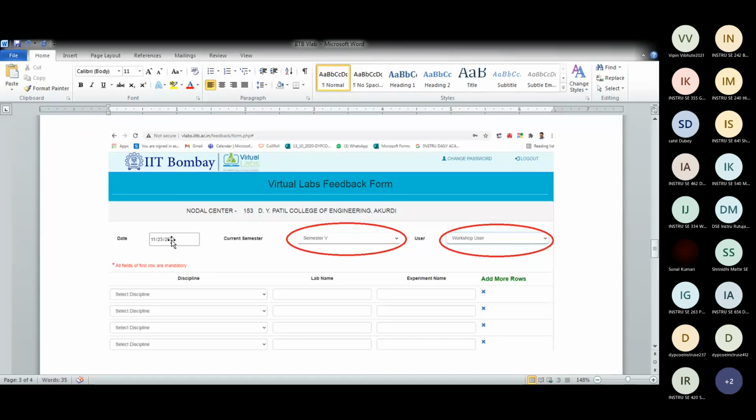You have to save the screenshot of this feedback because you have to add this to your ES manual. It is an experiment. Yes, it is compulsory for everyone. Today there are very few, hardly 18.